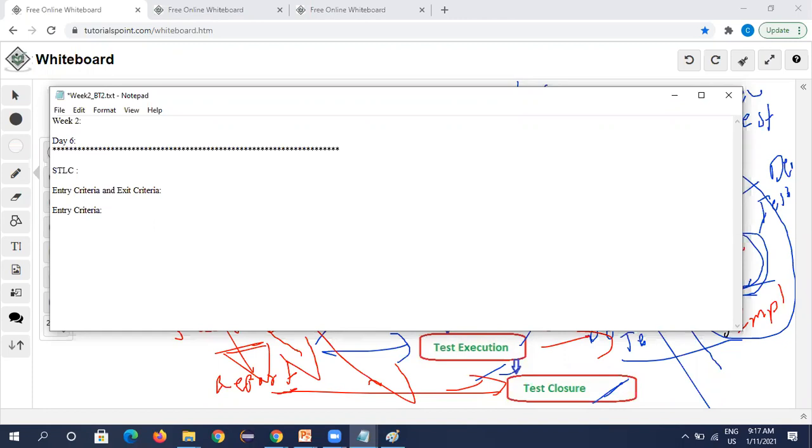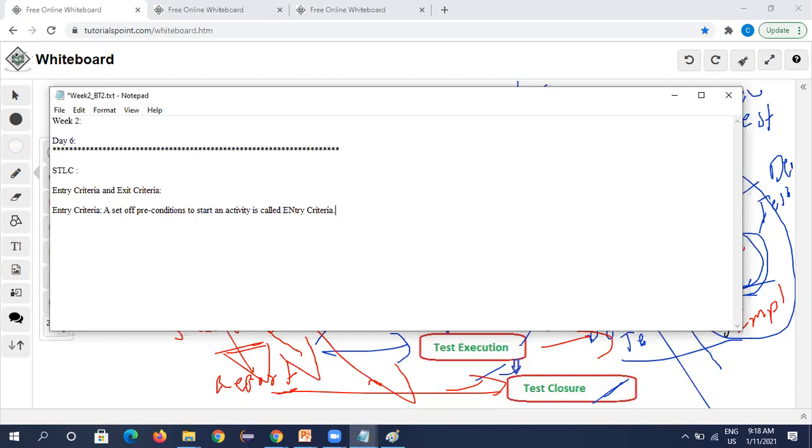Entry criteria means a set of preconditions to start an activity is called entry criteria. Means to start any basic work, we need to have some preconditions.